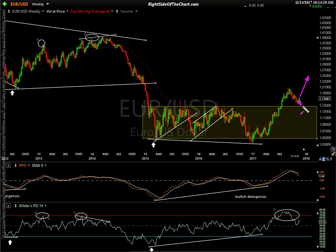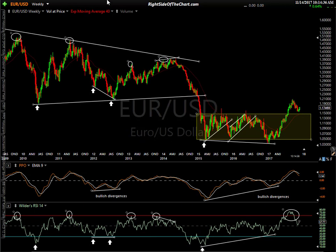Otherwise, my alternative scenario, which again I favor this one, but not by a huge amount. My alternative scenario would be just a slight thrust down, come in, make a nice backtest of the top of the pattern, and move on up. And now keep in mind that would also jive with